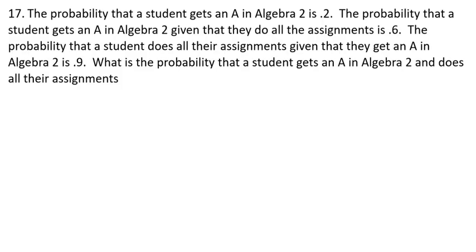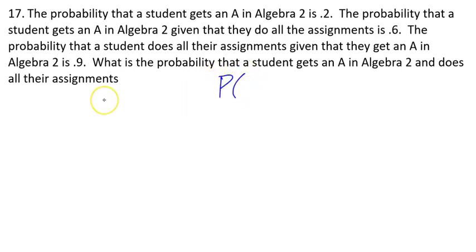The probability that a student gets an A in Algebra 2 is 0.2. The probability that a student gets an A in Algebra 2, given that they have done all of their assignments, is 0.6. So the second group is saying they have done all of their assignments. Of all the kids that have done all of their assignments, 0.6 of them will get an A. The probability that a student does all the assignments given that they get an A in Algebra 2 is 0.9. So we know this group of kids has gotten an A, so 90% of those kids have done all their homework. So what is the probability that a student gets an A in Algebra 2 and does all of their assignments? So what we are trying to find,